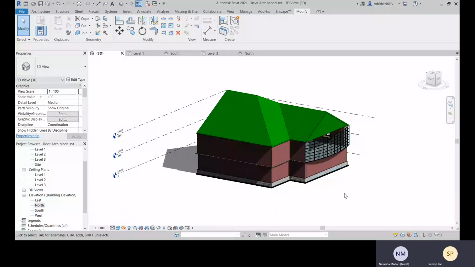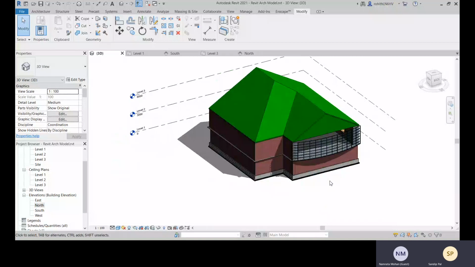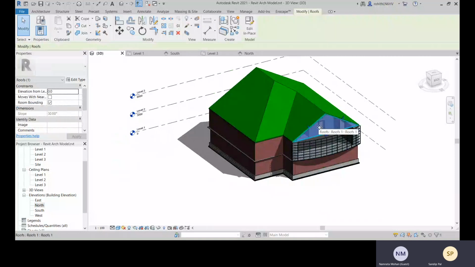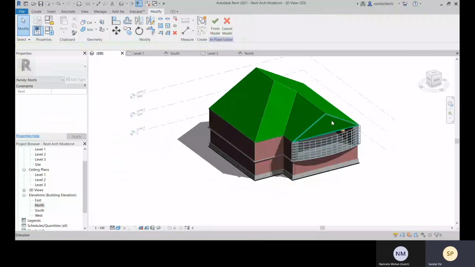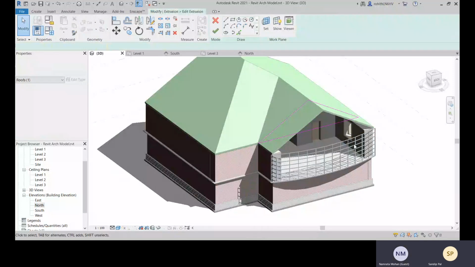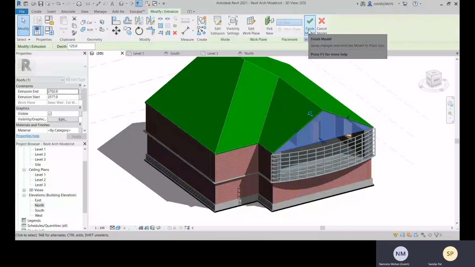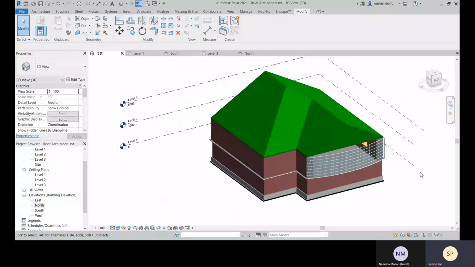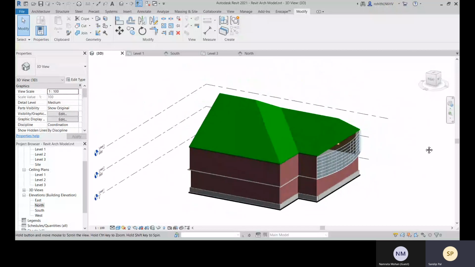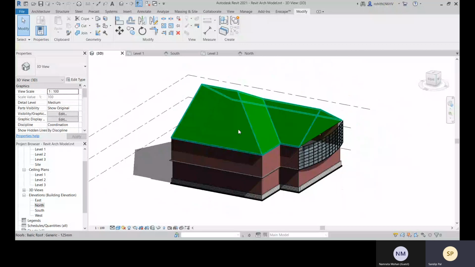In CAD, while making a polyline, we have a close option. So in here, while making a profile, we don't have a close option. Okay, no, we don't have, like you're saying, while closing the profile. Yes, no, we cannot do this here. Okay, so this is how we can create our roof generally.